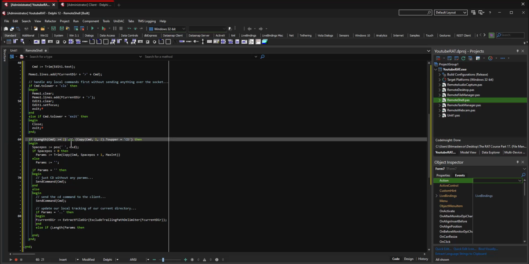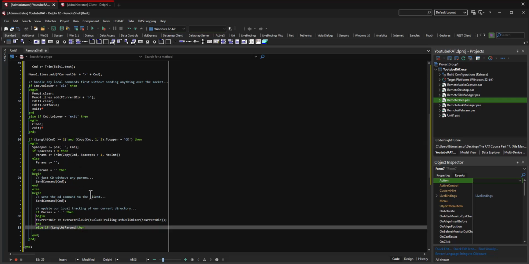We're going to do the greater than 2 thing again, blah, blah, blah. So we'll just put if the length of params is greater than or equal to 2, and params 2 is equivalent to this, then